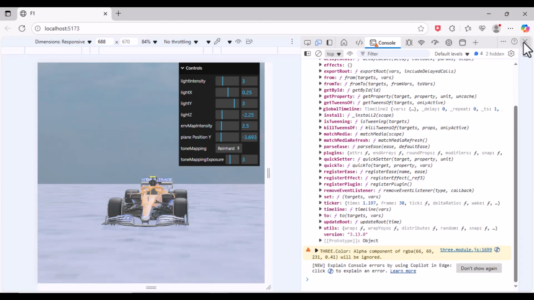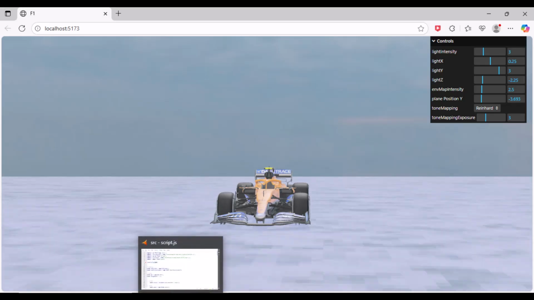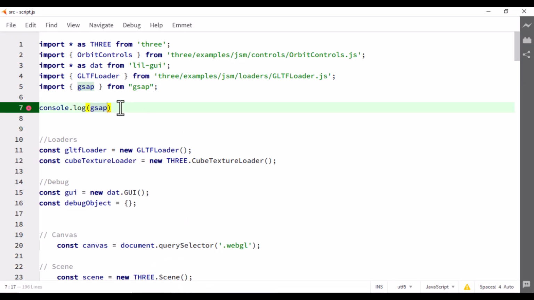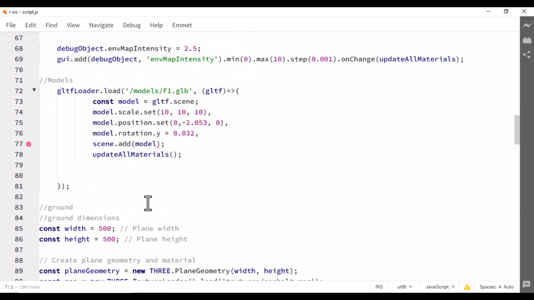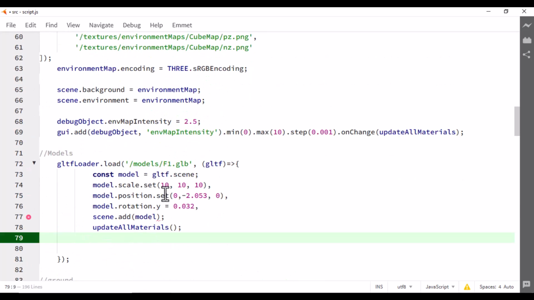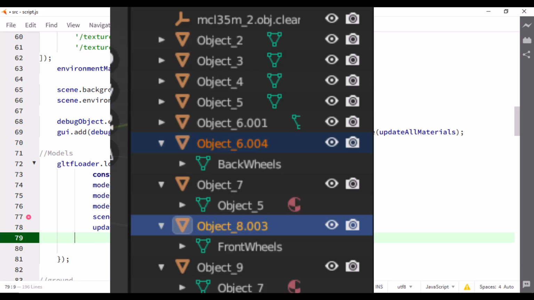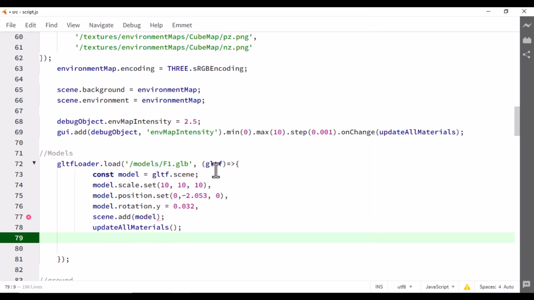Okay, it doesn't really mean anything, at least as far as this project is concerned. So now let's go back to where we were. We go under here, and we will use a method called getObjectByName. Remember, as I said earlier, I used Blender to give each of those wheels a name. For example, I used front wheels, front wheels 1, front wheels 2, back wheel 1, then back wheels,